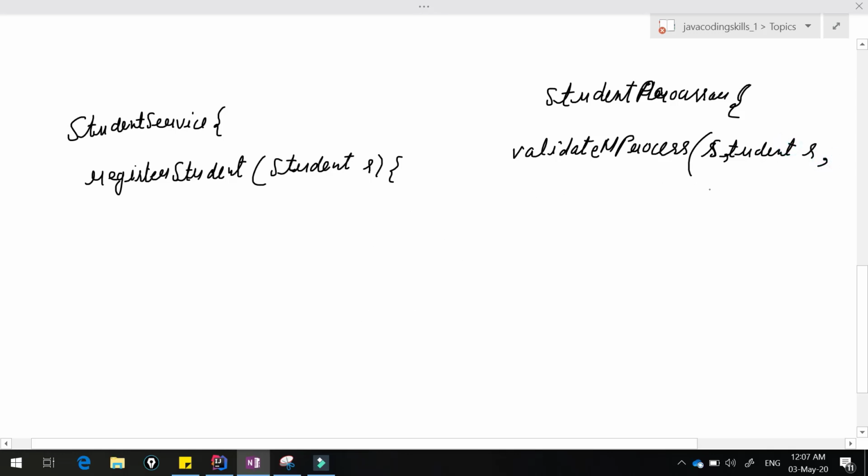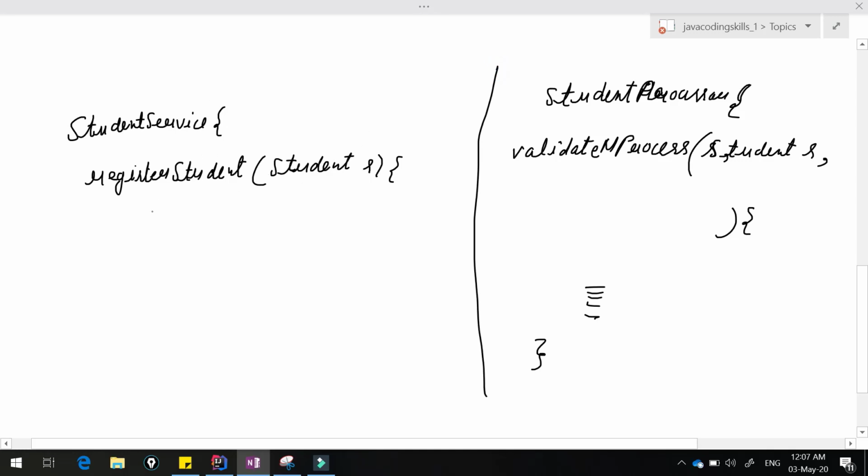That parameter is something that I'm going to talk about later. Let's keep it aside and we will fill this part later. So in the validate and process method, we will pass two parameters. One is student, second I'm going to talk about later. Inside this method we will do something, which I will also fill in later. So keep this aside for a moment and come here.